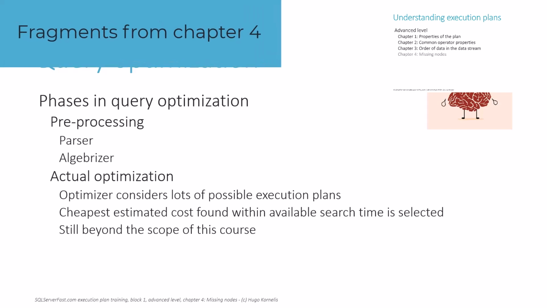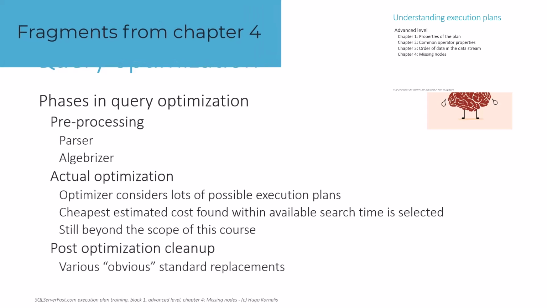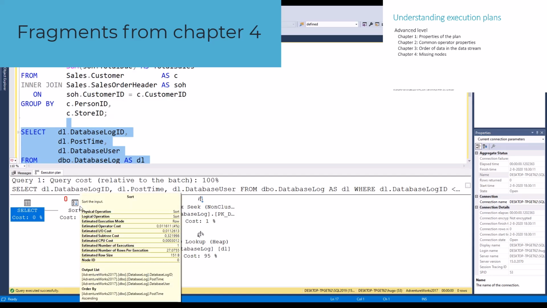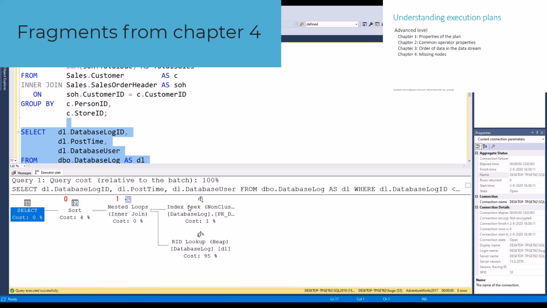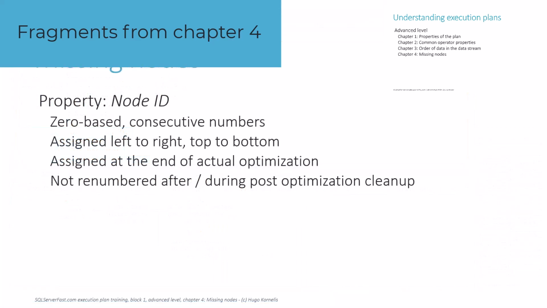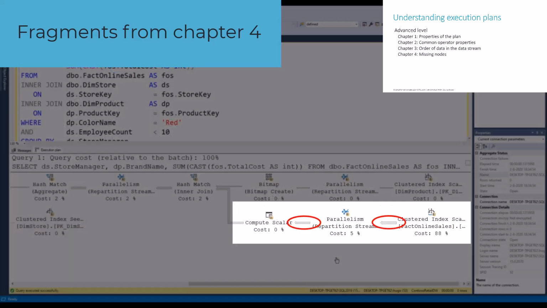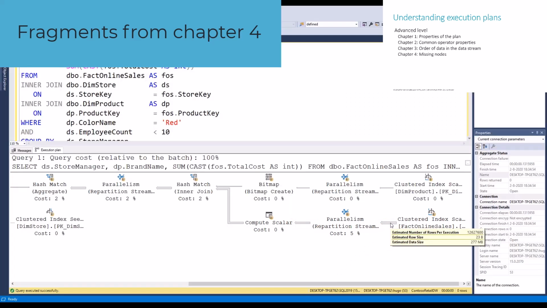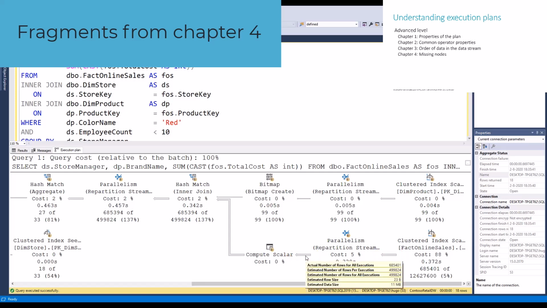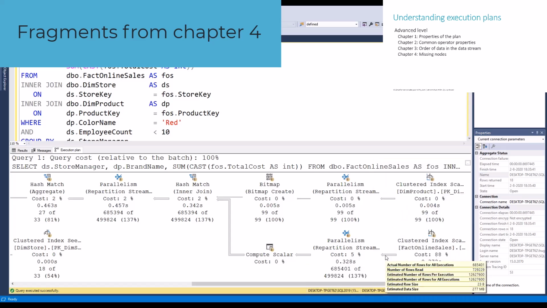In Chapter 4, we talk about missing nodes. This is not as dramatic as it sounds. I use the term missing node to refer to a situation where, after plan selection, the final cleanup phase found a way to remove a node from the execution plan. This is a good thing because this improves performance. But sadly, the optimizer does not always correct all properties to reflect the effect of removing this node, and that can result in very confusing artifacts in the execution plan. You will see a few examples with an explanation of why the data is misleading at first sight and how you should interpret it once you realize that the data is misleading because of a missing node.